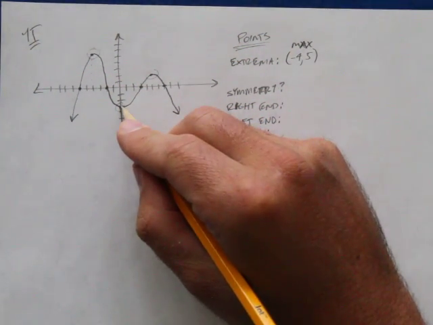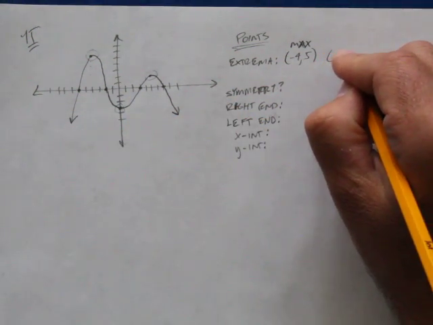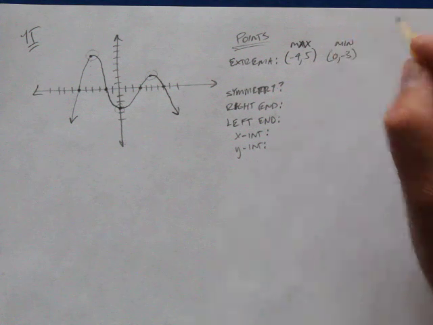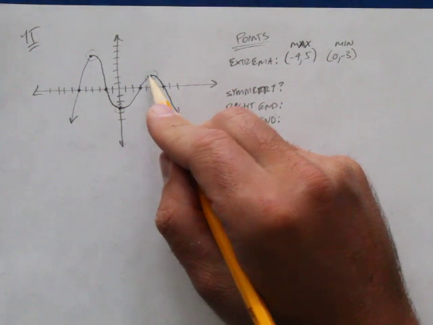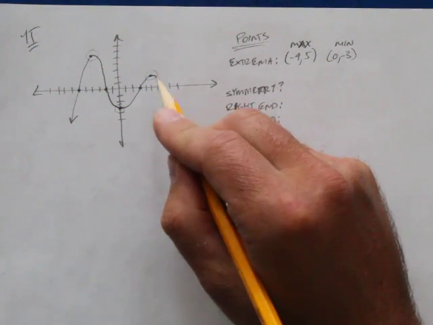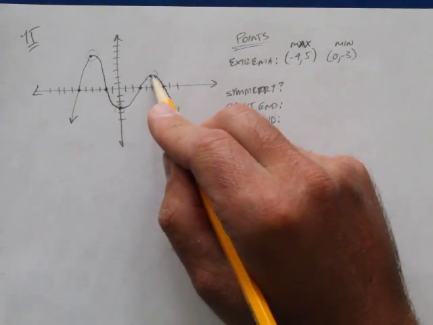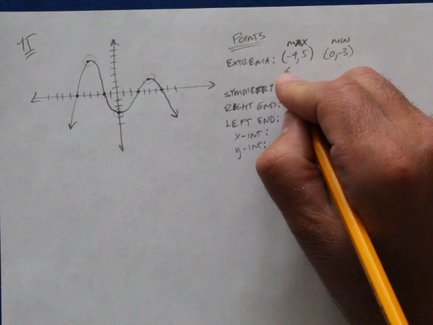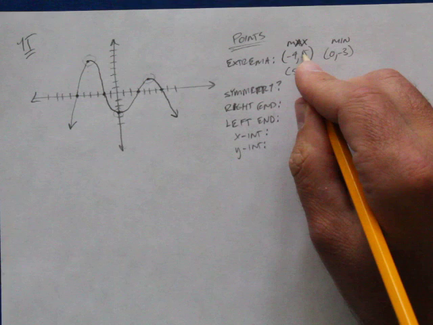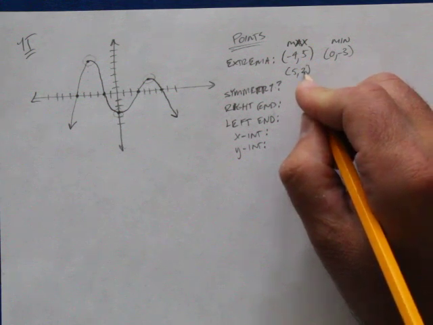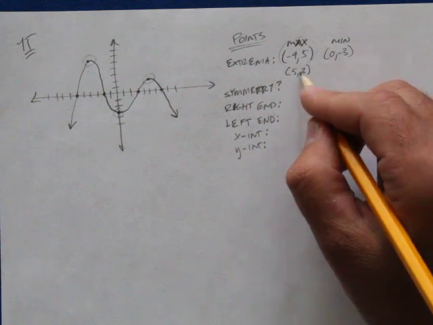And then I have this min right here that is 0, -3, and that's my min. Now, I might talk about this max as well, because this is relative to this area. So let's do that one as well. So 1, 2, 3, 4, 5, 1, 2. So that is 5, 2. Notice how this max goes up to 5, this max only goes up to 2. This is the main relative max, and this is kind of a